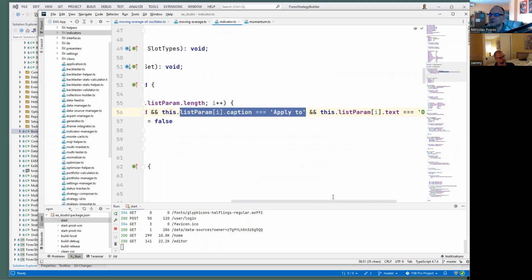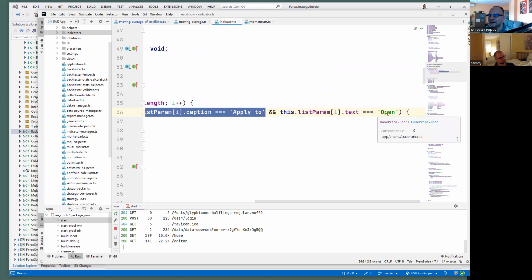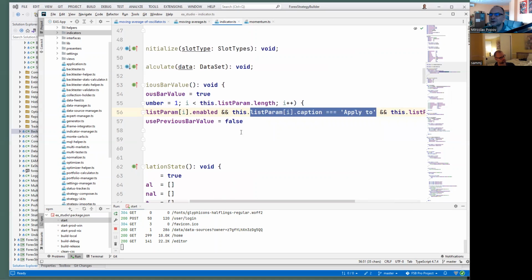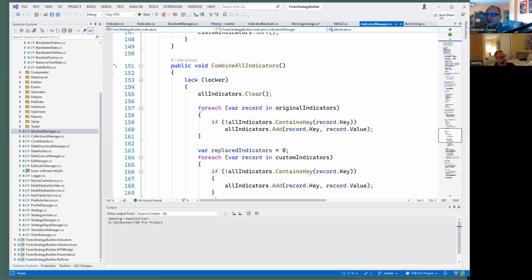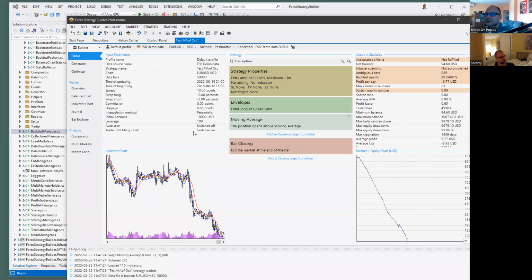So if the indicator is calculated on open, it is false. You don't need the check with the use previous value. In any other case we use it. But in FSB it's a little bit more complicated because for the closing